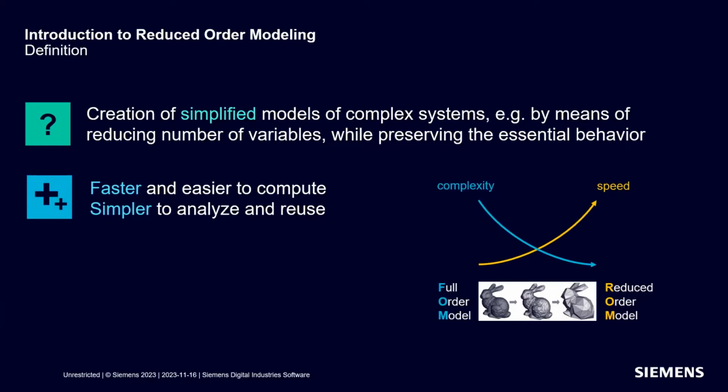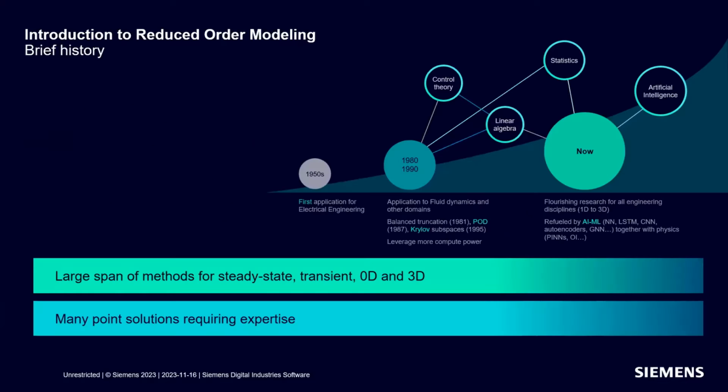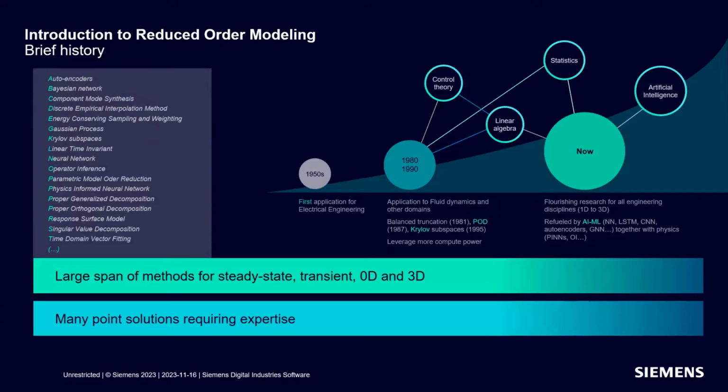But the key factor with reduced order modeling is we're keeping that complexity, that full order model, which you see there on the bottom, but all we're doing is speeding it up. We're simplifying it, we're analyzing it, and the way we're doing that is through model order reduction techniques. Now, model order reduction techniques aren't something new. It started really in the 50s, with Laplace transforms. There was something called truncated balanced realization in 1981. We had some decomposition methods or ways that